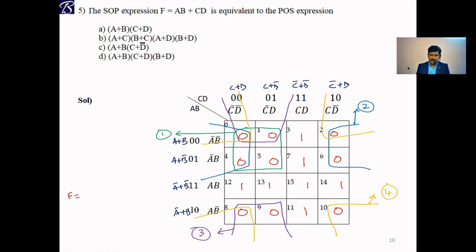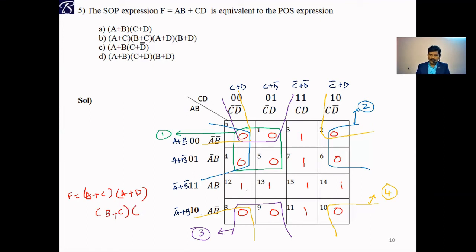So the first one is this one. In this, the common term is A plus, and in these two the common term is C. A plus C is one max term. And second, this blue, this one and this one. Here the common term is A plus, and in these two the common term is D. This is the second max term. The third max term, see this violet color. These two and these two. Here in A plus B, A bar plus B, the common term is B plus, and in these two the common term is C.